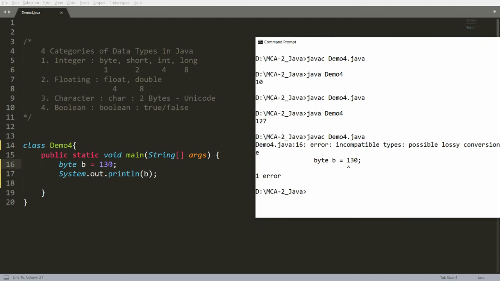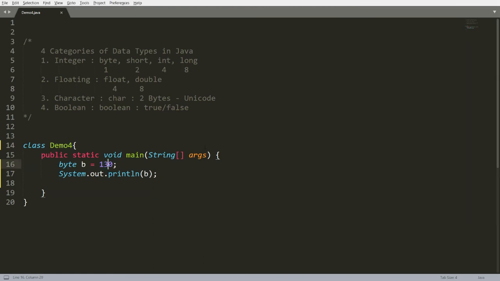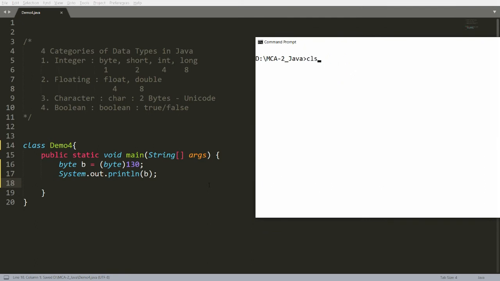But what if I want to store it forcefully? Then you can cast into byte. I know that this value is bigger, but cast into byte. If you cast into byte, then you will get the value in a cycle. And what is a cycle? Suppose you run this, you will get minus 126.